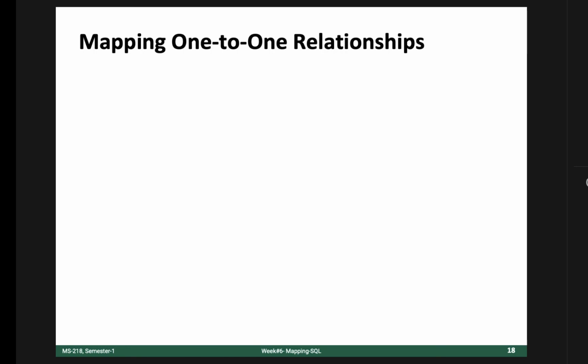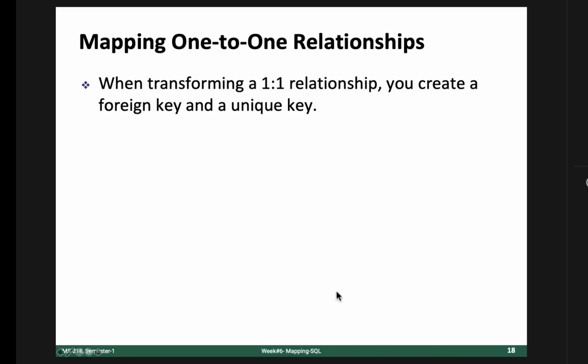Then for mapping one-to-one relationships, obviously if the relationship is mandatory, the only difference is how you create a foreign key. Obviously for every relationship we have to create a foreign key. This is a simple formula, right? But the thing is, we have to decide from which table we are taking the value and making it a foreign key to another table. This will depend on the relationship type.